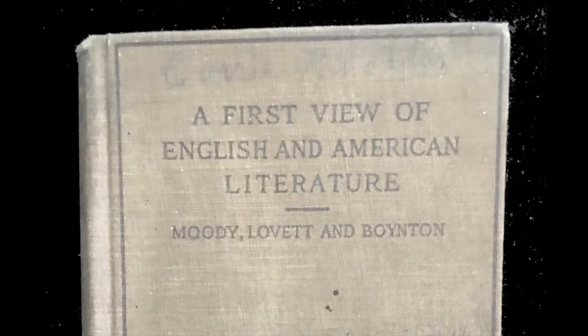And today we have four more items for your approval, and we'll jump right in and see what we found this week. We found in this textbook a first view of English and American literature. This book here came out in 1909. And within this book,